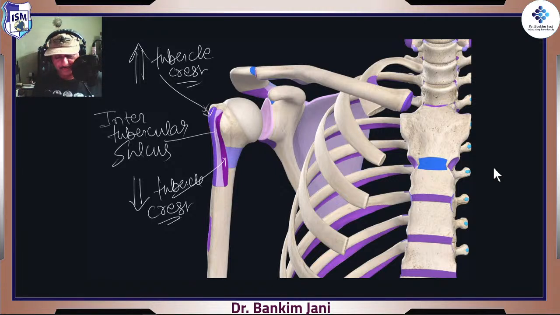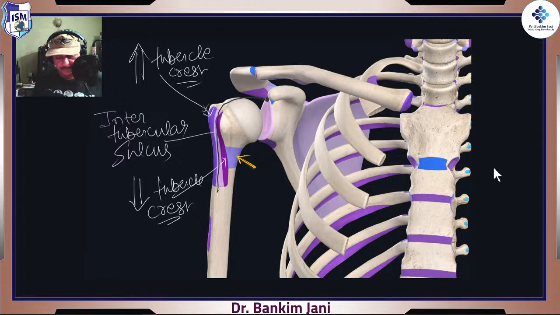See how long it will be traveling, all the way through the capsule, and finally finishing its journey onto the supraglenoid tubercle. That's why we were saying it's a long head. Okay, then